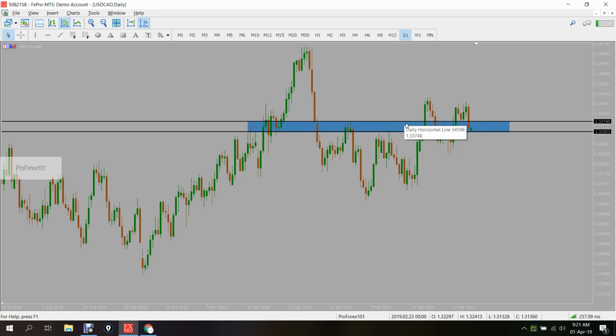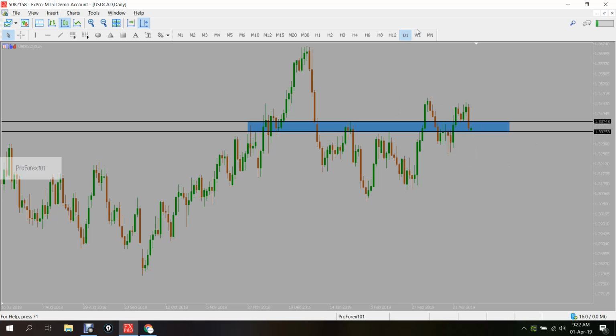If it has been resistance and we are above the market, it'll be a support for us. Sorry, if the market is above the support resistance area, it'll become a support for us. And in the past, if it had been support and we are below the market, it'll be resistance for us. There was resistance in this area, where every time the market came here it was pushed down. Now we are violating this area to the north,